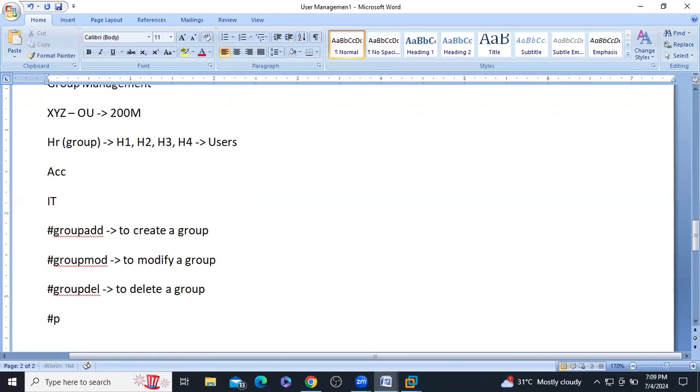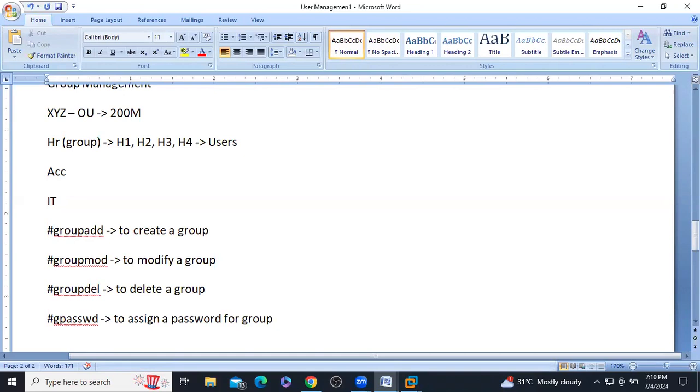Then gpasswd is a command to assign a password for a group. Guys, not only assigning the password for a group, with the help of gpasswd we can perform many tasks. I will show you practically. So gpasswd is not only for assigning the password. We can do many things with gpasswd. I hope you're clear, guys.